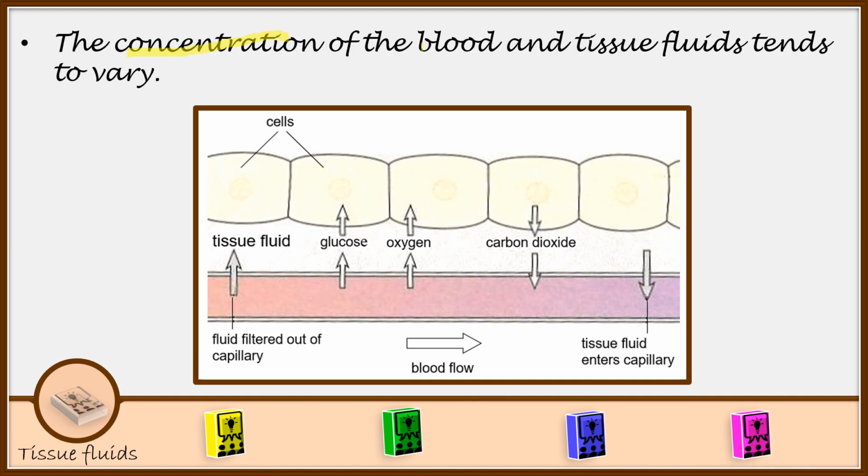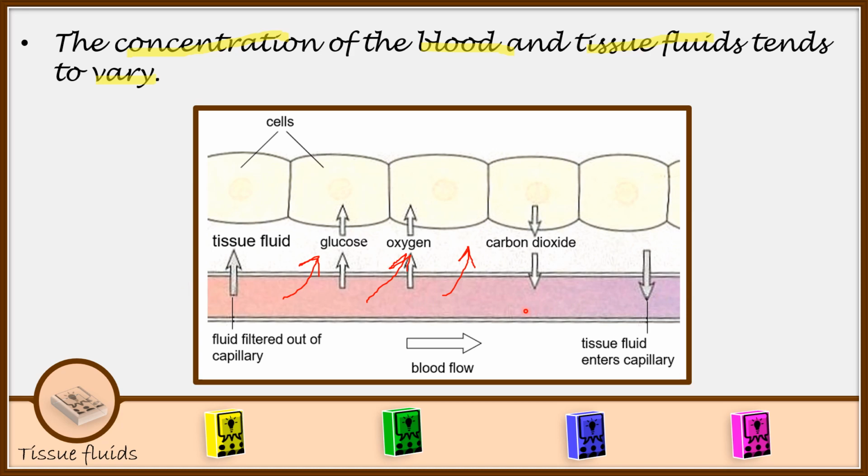The concentration of the blood and the tissue fluids tends to vary. So the concentration of the tissue fluid and the blood will keep on varying. How? Because remember, we are bringing in glucose and oxygen, and when those are brought, they will move out of the blood and enter into the tissue fluid, which means that now the concentration of glucose and oxygen, as blood continues to flow, goes on reducing. So the blood on this side has less oxygen compared to the blood which is coming in. So there will be variation because most of the nutrients have been carried away. For example, if you look at this color, the color goes on changing on the other side,